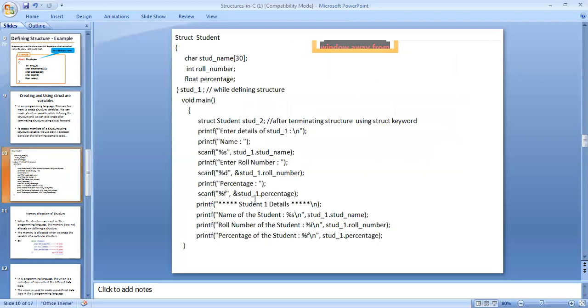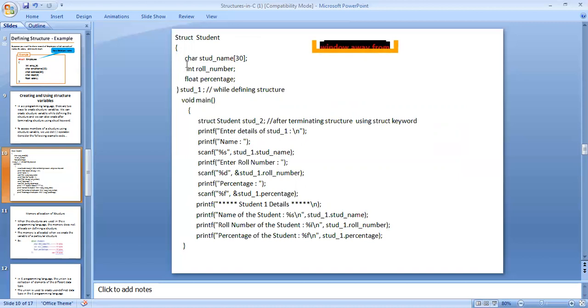This is one of the examples in structure, and how we access the elements. The size of the elements is obtained using printf or the data type. Here the keyword is struct, and student is the structure's name.